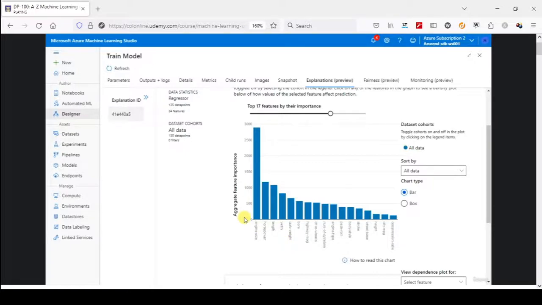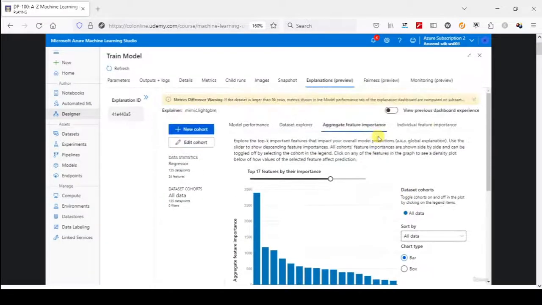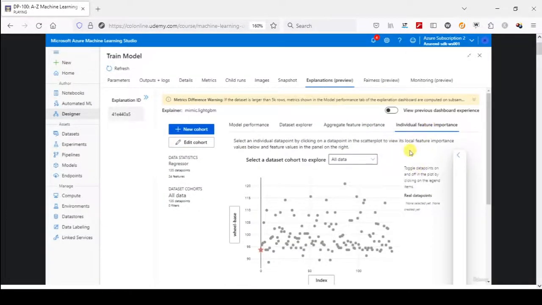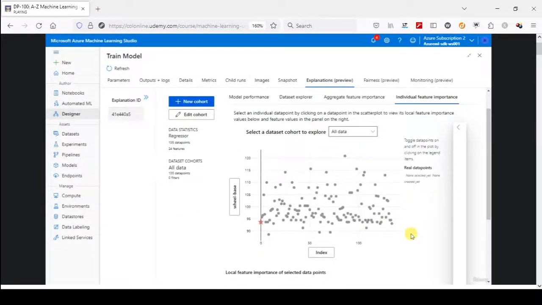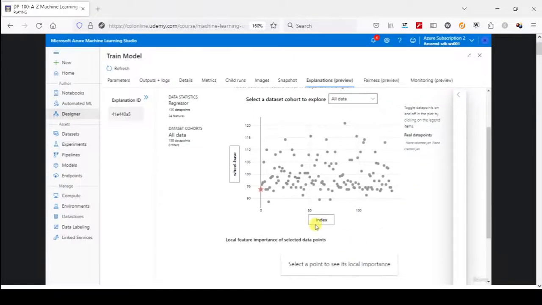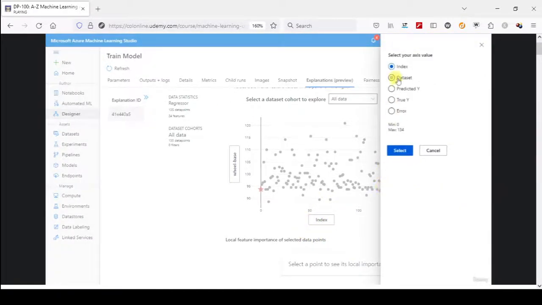In case of normalized data, you will see them below 1. Alright, great. Then if you click on individual feature importance, you will see a graph like this. And it is nothing but the scatter plot that explains the behavior of the individual features. So for checking the individual feature and maybe to see some other graph, let me click on this index first,